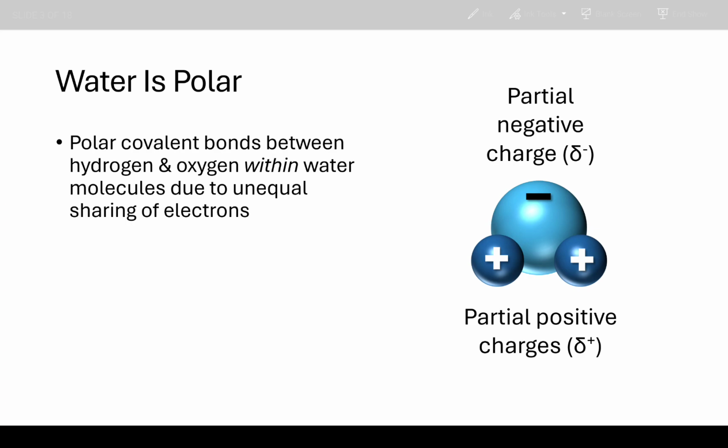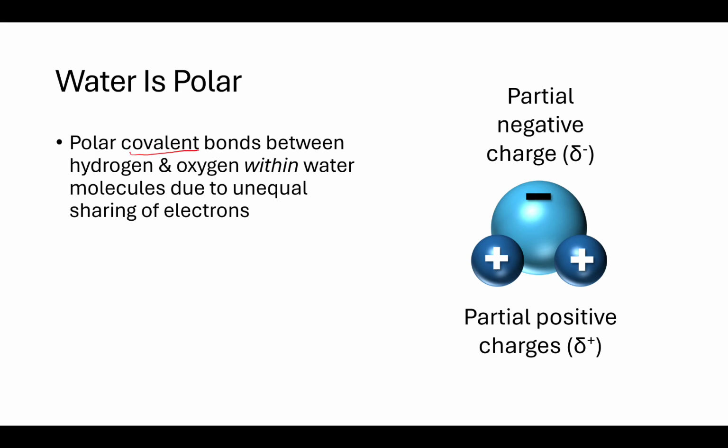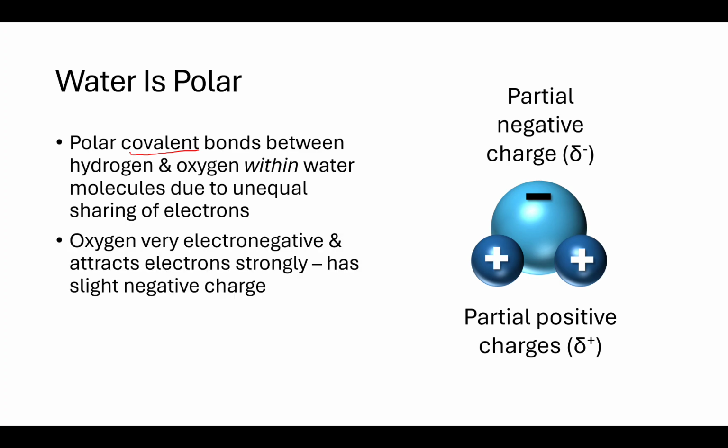So we know water is H2O. And the hydrogens and the oxygen are connected by a covalent bond. It is covalent, but it is a polar covalent bond. And that is because oxygen is a very electronegative atom, by which I mean it strongly attracts electrons. And so this is the oxygen, these are the hydrogens. So what ends up happening is oxygen will